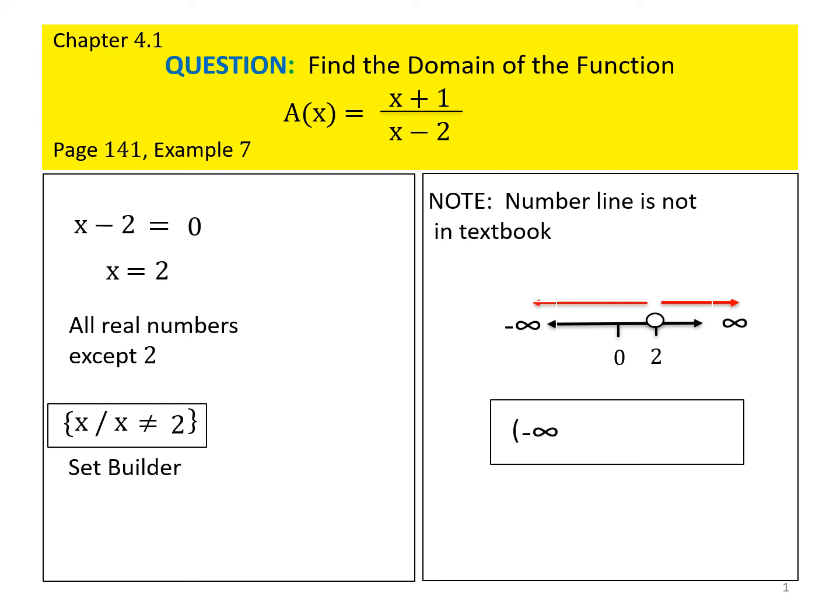In interval notation, we always start on the left. So you're going to get a negative infinity, comma, and you're going to go up to the number 2, but you're not going to include it. So you're going to say 2 with the parentheses, so you know you've got the 2, but it's not being included. Now you're going to look to the right of the 2, and the leftmost place there is the 2, showing the parentheses that it's not included, and all the way to the right is infinity. And in order to show that it's both of these together, you have the notation of union, and that is your answer.